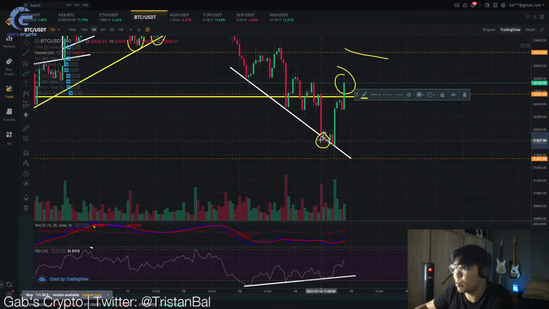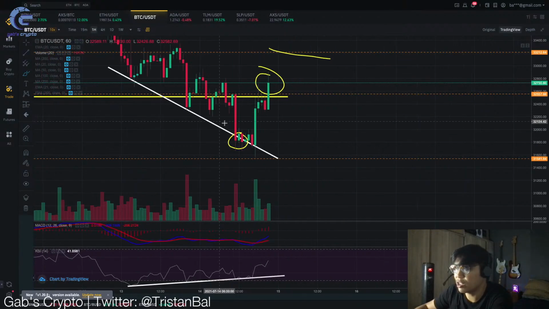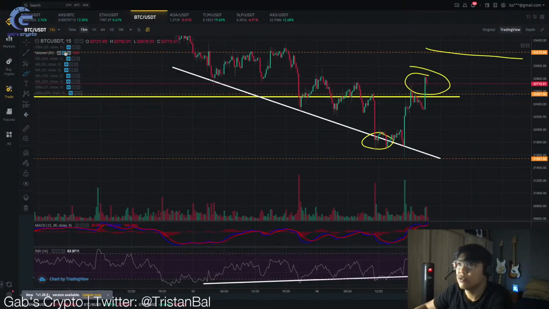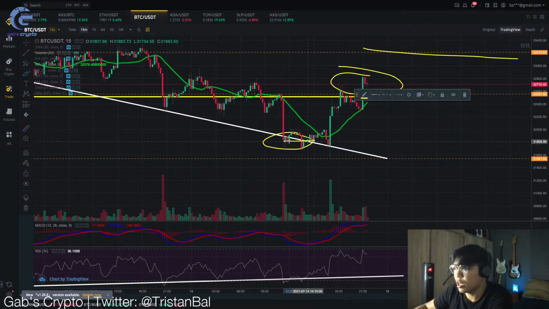Though risky siya kasi possible pa din na mag-continue. So ang kailangan mo dyan tingnan is yung mga moving averages na. Kasi kung titingnan mo sa 15-minute time frame, tingnan mo tong, ayan o, kailangan actually muna ma-break yung 20 moving average in order to play the bullish divergence. So yeah, dito ako more likely mag-enter dito. So aabangan ko na lang siya mag-catch up kay 20 moving average and then from there on, dun ako more likely makita ng pump.